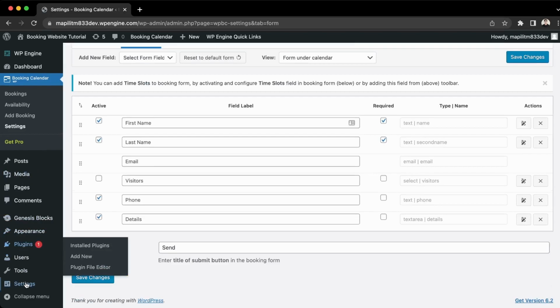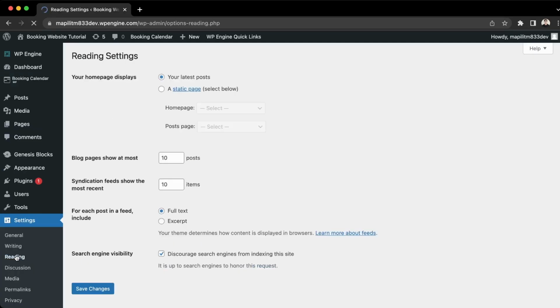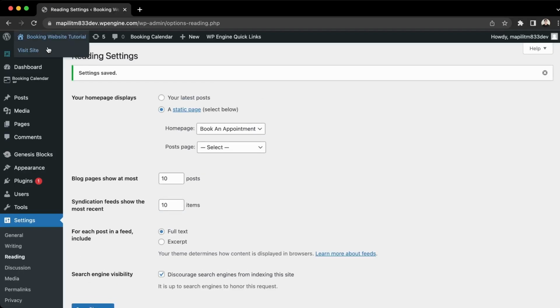So let's just also make the booking form as the front page of the website. You want to go to reading, and then static page, home page is just the book an appointment page. But if this is like a multi-purpose page, then I would set this as just your home page. But this is just a test website, so we can set the home page as the book appointment page just to make it easier to access it. So go to visit site,